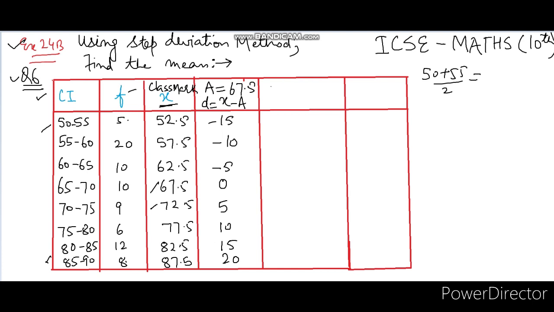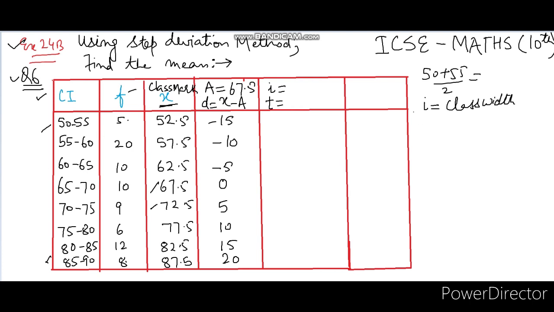Then a very important step, and the new step in this method, is the calculation of t, that I want to tell you later. But before that I want to tell you what is the meaning of i here. Students, see, i is the new thing in this method. i means the class width. I am explaining it here. i means the class width, and class width means the class size.